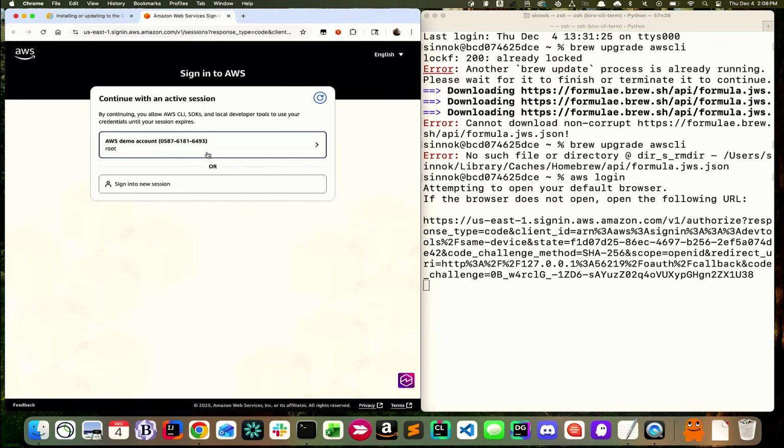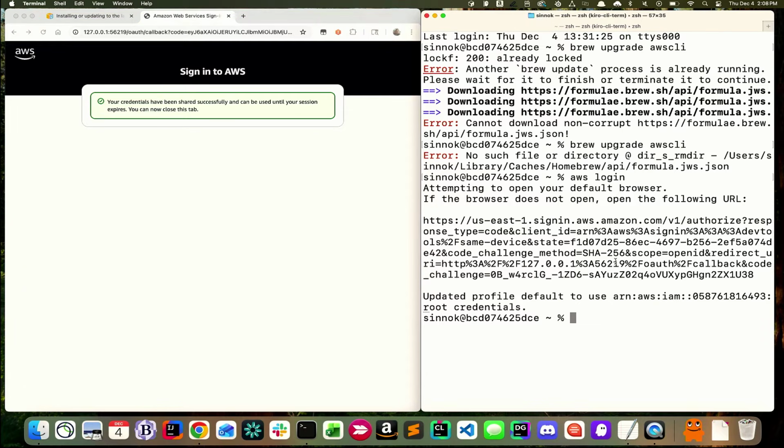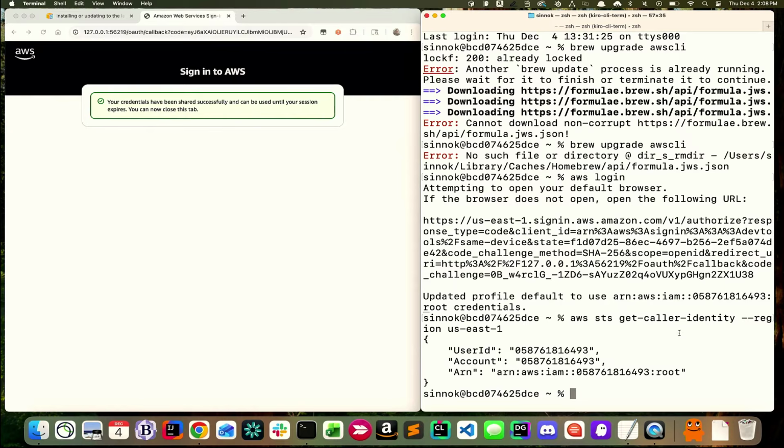And I can press, in this case, on the session, and you can see here automatically it updated my profile to use this console login. So if I do now aws sts get-caller-identity